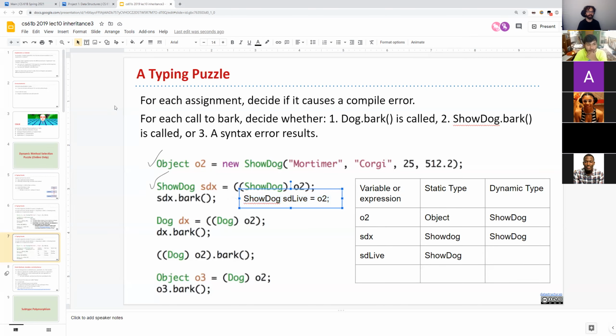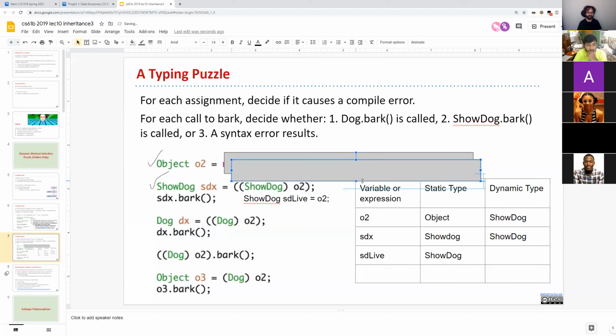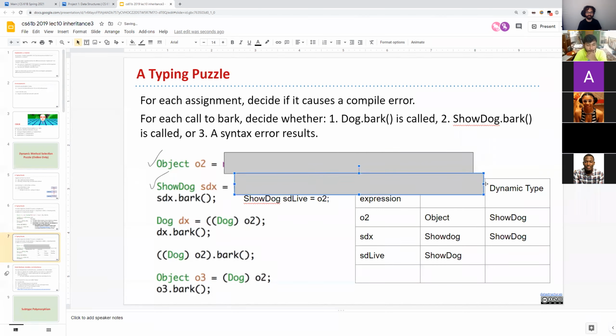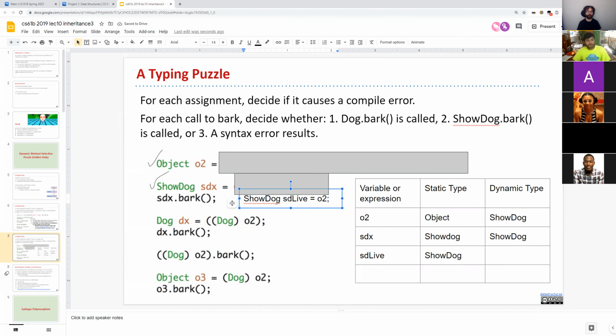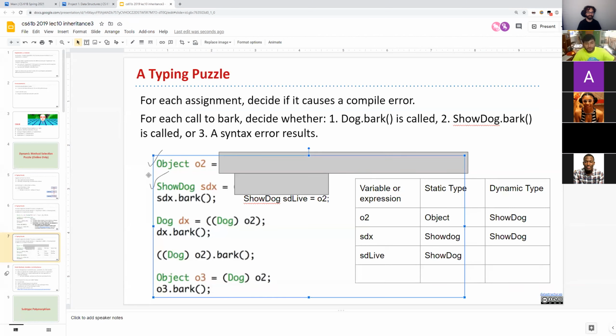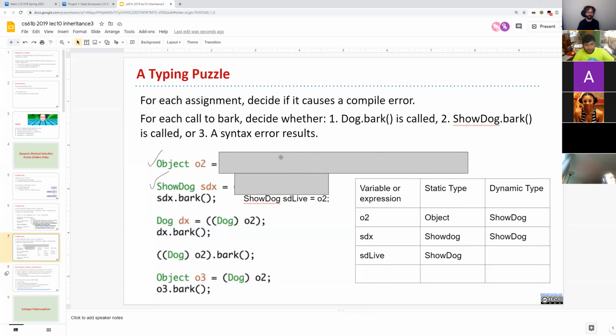Maybe one way to think about what the compiler is doing is it doesn't know what happens when code runs. So the compiler's view of the world is like this. It doesn't know what's over here, I guess is what I would say. So from the compiler's point of view, what's it going to say here? Crash, yeah, a compiler error. It's going to be mad because it just sees there's an object O2 and someone's trying to put it in a show dog box. The compiler doesn't know these things, right? That's all stuff that happens at runtime.